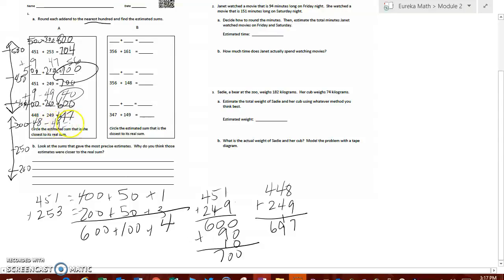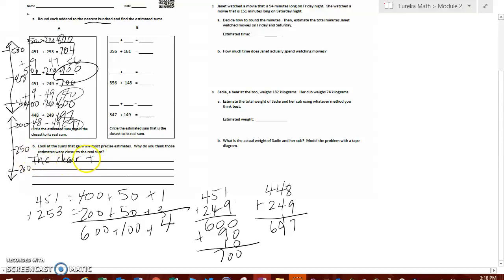So 48 plus 49 is, let's see, 40 and 40 is 80. That's 97. So it's a difference of 97. So the reason is that these actuals are closest to their rounded numbers. Okay? So when you have actuals that are closer to your estimated numbers, you get a better estimate. It's more precise. So if I write that down on my answer sheet, I'm going to say the